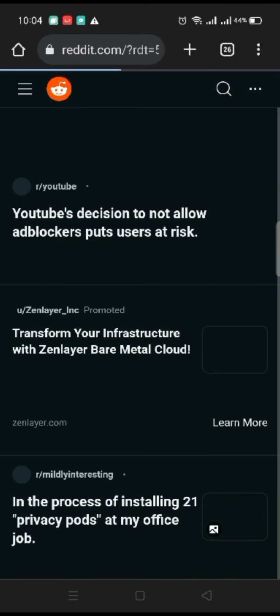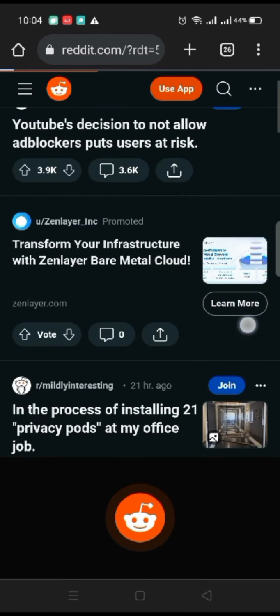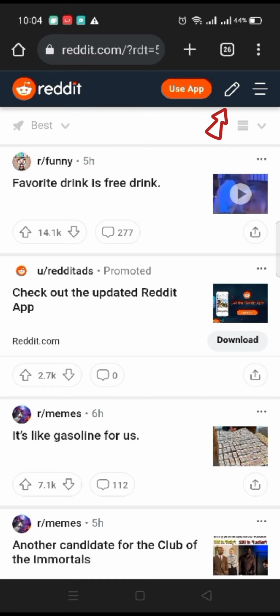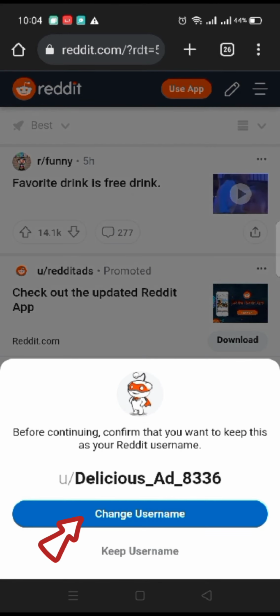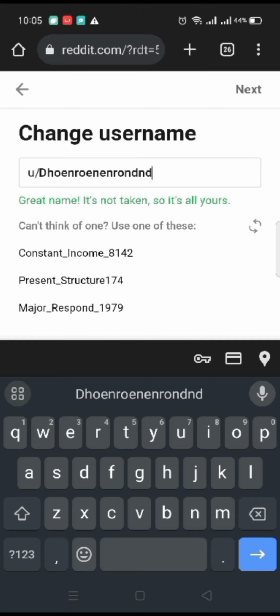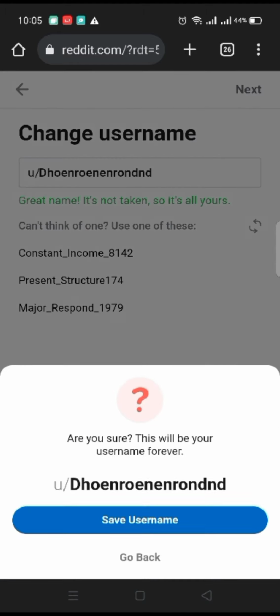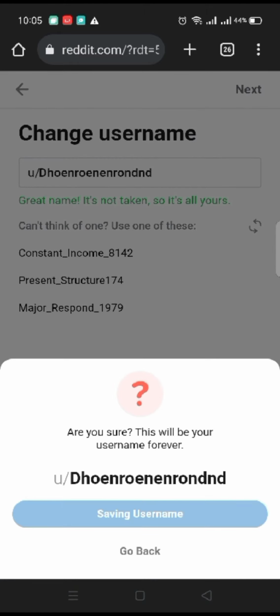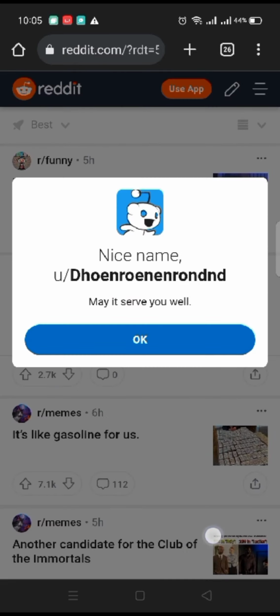Log into your account if you are not logged in and it will take you to the home page of Reddit. Click on the pen icon at the top right corner of the screen and among the popped up options tap on change username. On the next page, edit your username and click on next. Tap on save username and that's how you will be able to change your username on Reddit quickly and easily